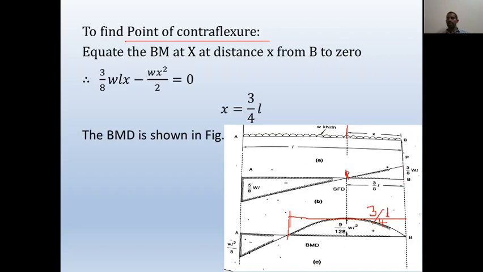3 by 8 times WL must move upwards because there is an upward arrow like this, and from here we have a downward load of W per every 1 meter. So for WL meter, from here you need to subtract WL. From 3 by 8 WL you will get minus 5 by 8 WL over here, and from here you need to move upwards 5 by 8 times WL, and thereby you will reach the zero level. Then you need to join. So like this you can draw the shear force diagram. And if you start from the other end, a mirror image of this diagram will be generated, but this is also correct. The only matter is the consideration of sign convention.